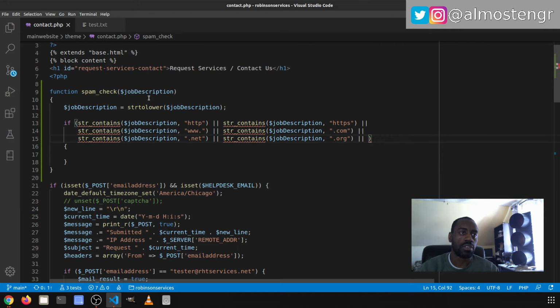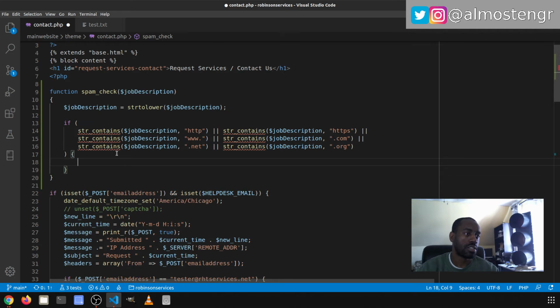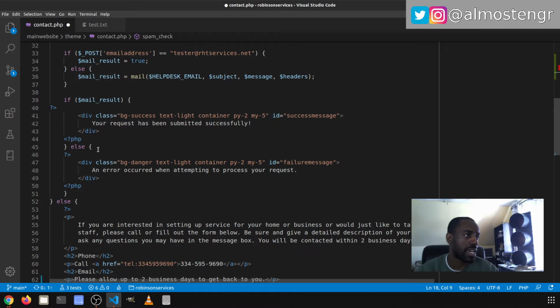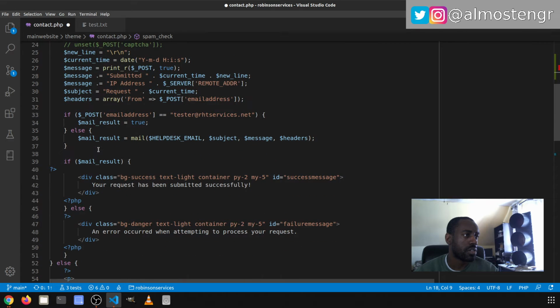The reason why I put those in there is those are the most common domain names, and then you also have the protocols there. So that being said, that should check everything. And if it does check that, what I want to do, and I have a condition down here. So we're going to say mail result. What I want to do is to throw